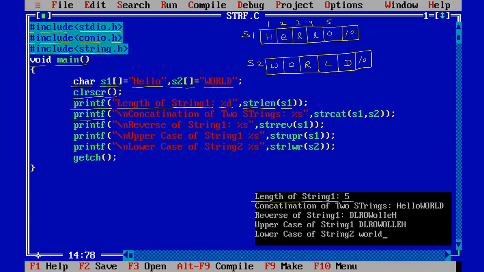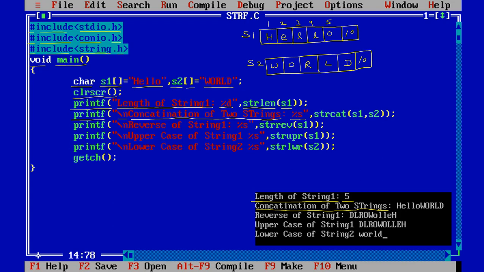Printf \n for the new line. Then concatenation of two strings. Now here the message on the screen, concatenation of two strings. %s, that is for the string, we know it.